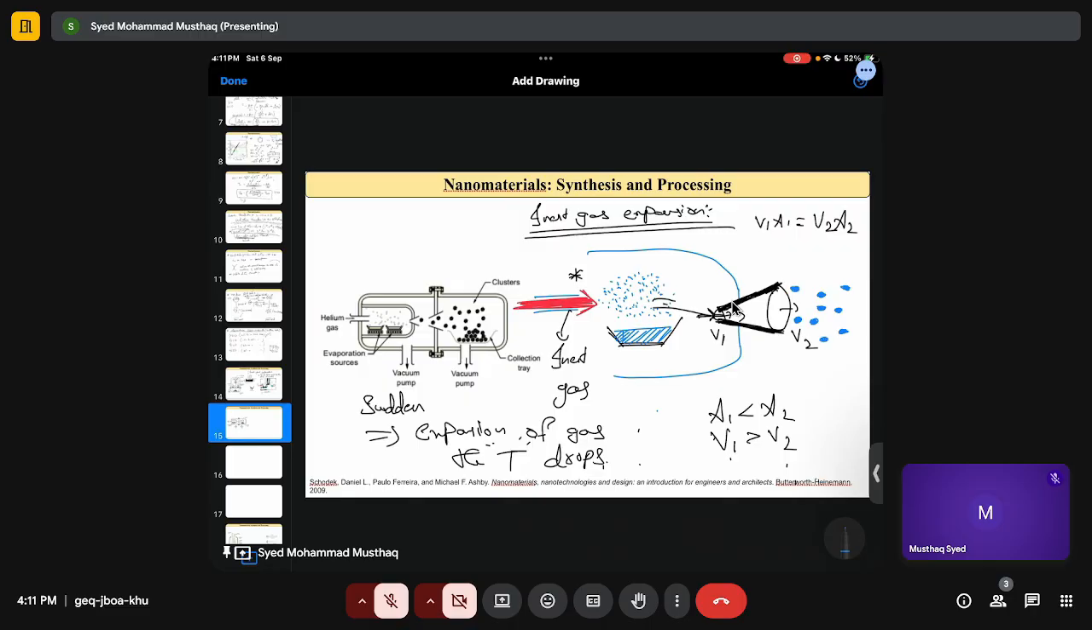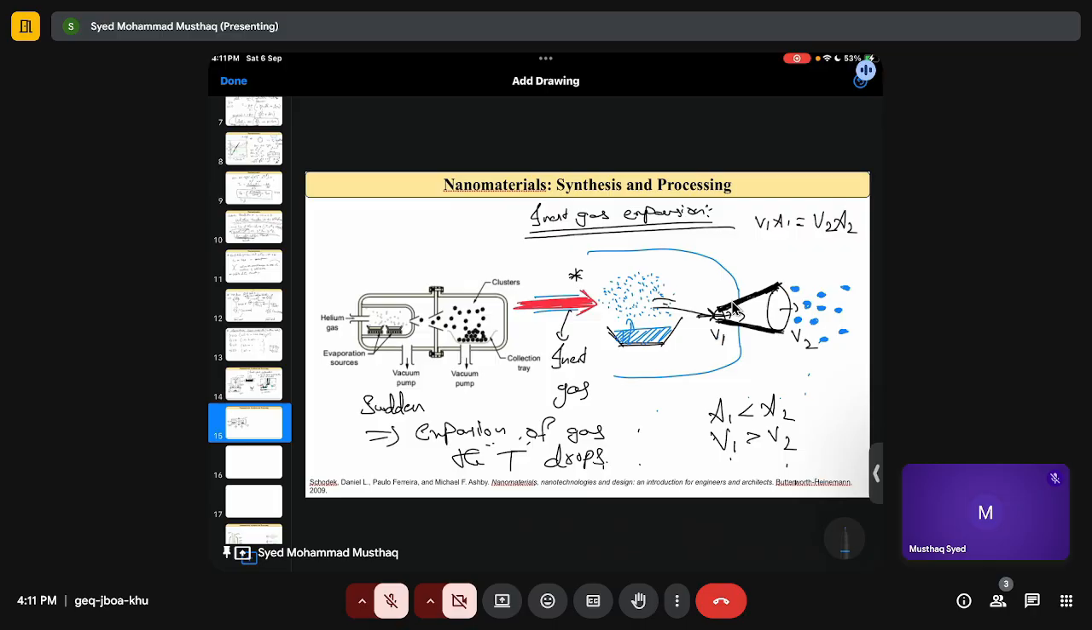That is what happened. Initially, I melt it, and we get gas. This gas is forcefully forced through a nozzle, which results in sudden expansion. Because of sudden expansion, the temperature drops. When the temperature drops, they condense, and when they condense, they form nanoparticles. So this is the theory behind